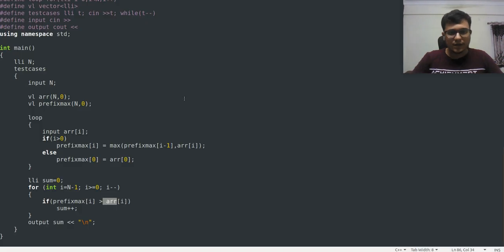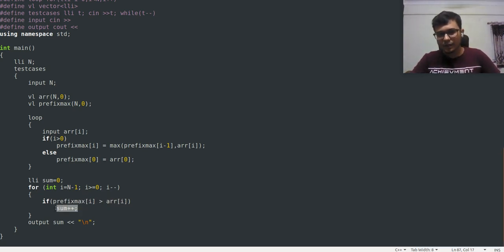So this is what is shown over here. Actually, this should be prefix max of i minus 1, which should be greater than ARR of i. And if that's the case, we'll increment the sum.